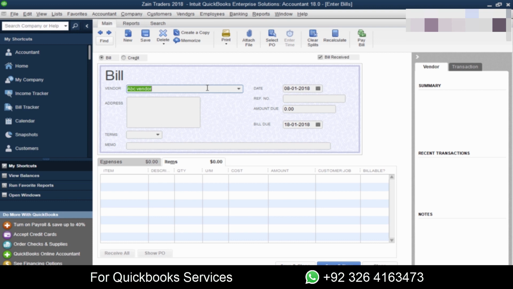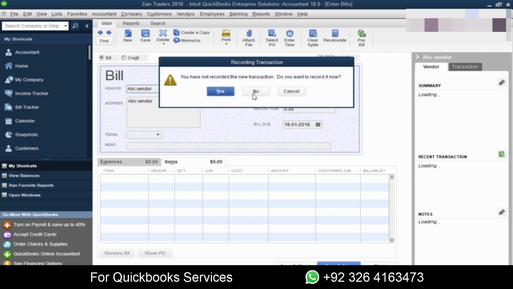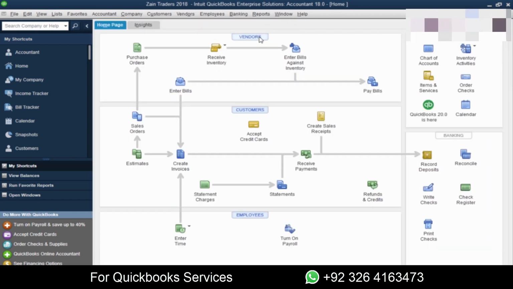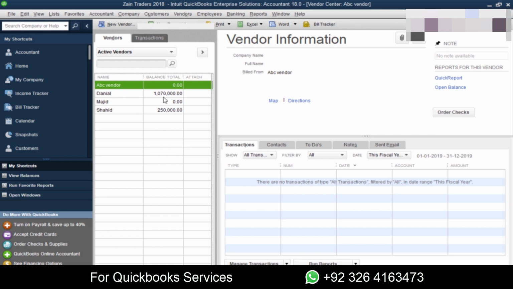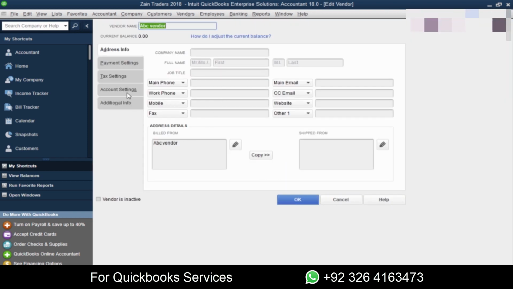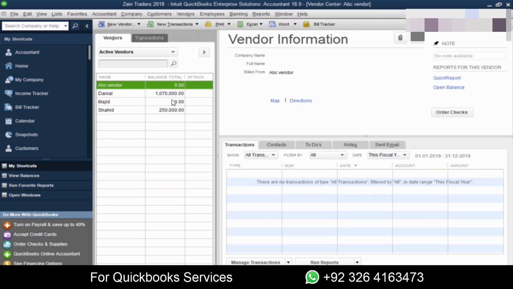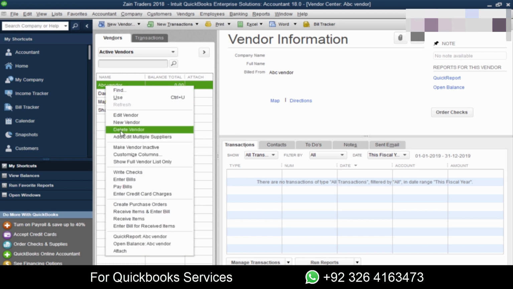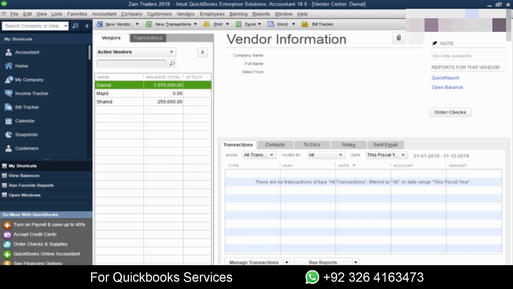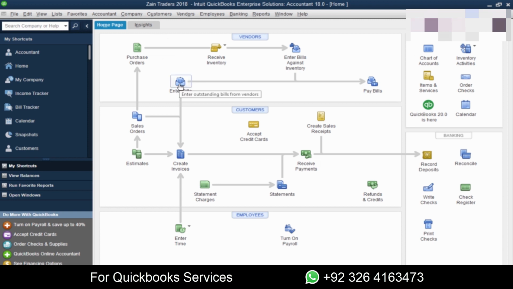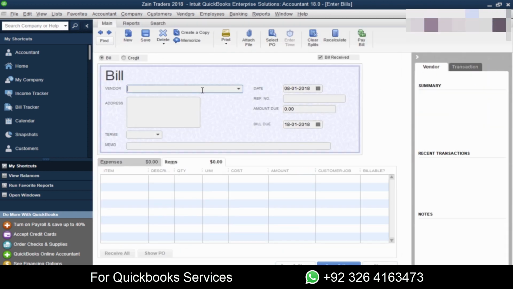If you want to mention the details for that vendor, then you have to manually go in this vendors option and then select the vendor by double clicking it and mention the other details. But just for the transaction purpose, you can quickly add from there only. So just right click and delete the ABC vendor. This is extra. Let me just go back, enter bills. Our new vendor is Majid,